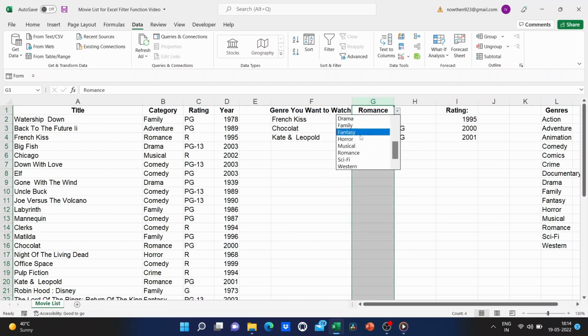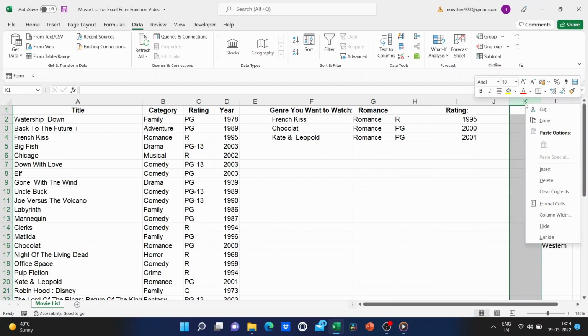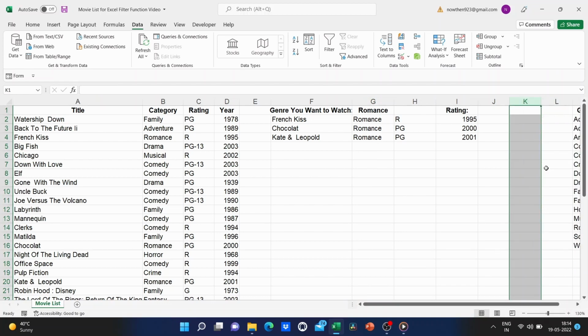Now let's see if we can add one more component to this dynamic filter. First, I'm going to right-click on K to insert another column, and I'm just going to click on rating. I didn't put that in the right place. I'm going to scoot it over here. And I moved it just by putting my mouse right on the edge of the cell and then dragging. That's an easy, quick way to move text or other data from one cell to the next.